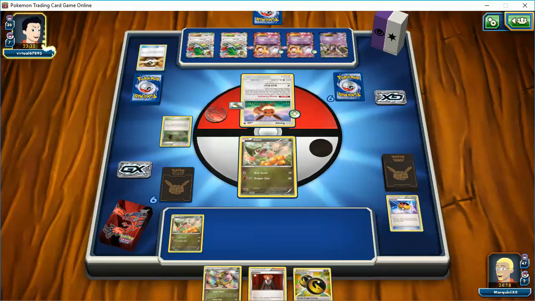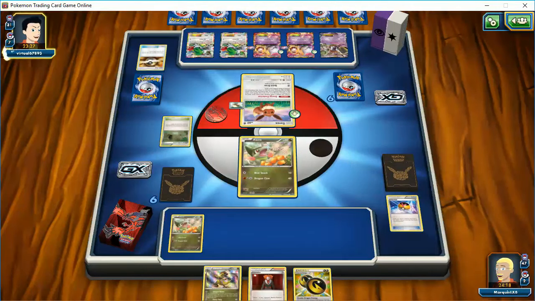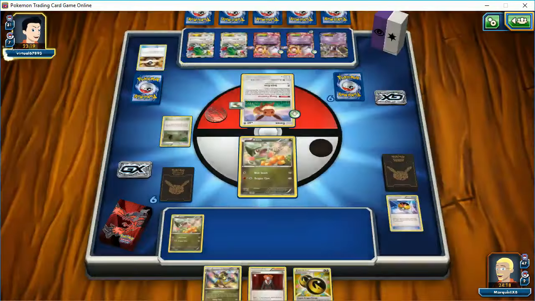So my opponent is going to go through a ton of cards here. He's got a Float Stone on this Eevee. He hasn't placed any energy yet. That's kind of interesting. Maybe he doesn't have that much energy in this deck. Oh, well, there you go. Oh, he chucked one before. And he's going for Mega Mew in turn 2, so...